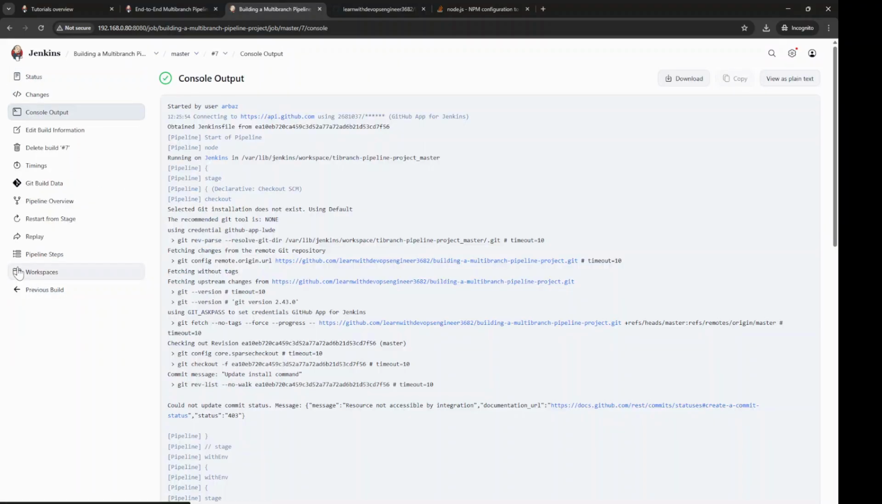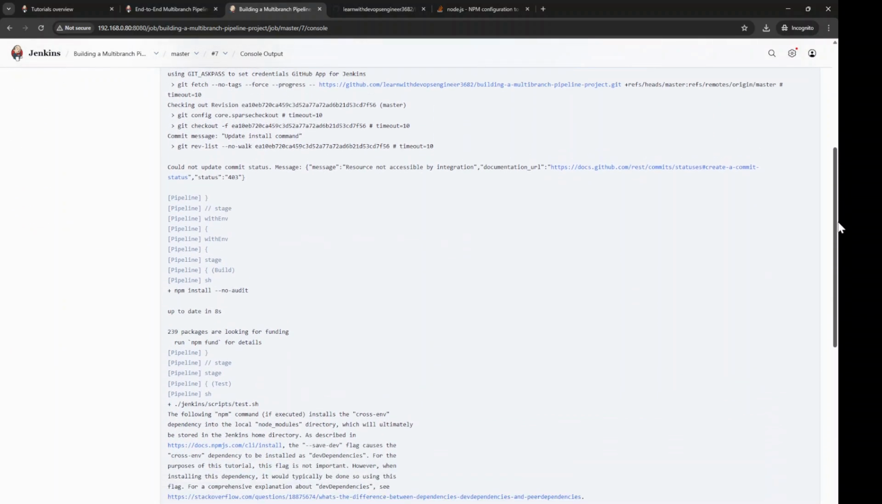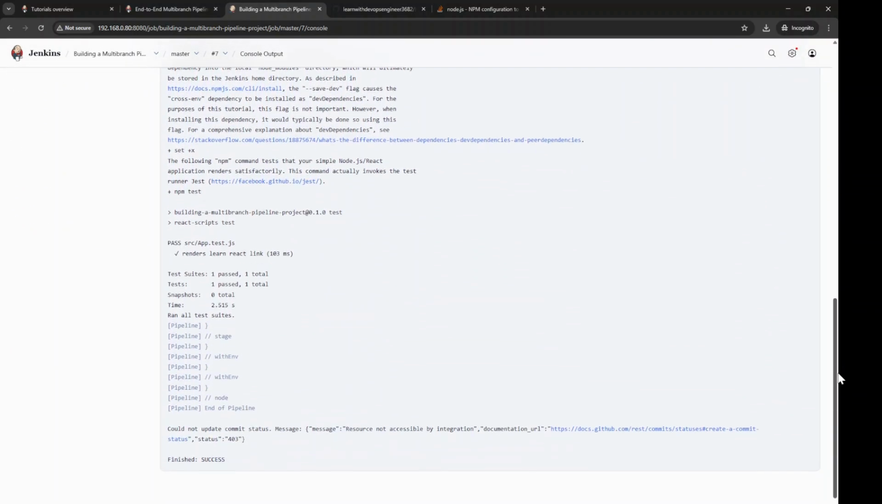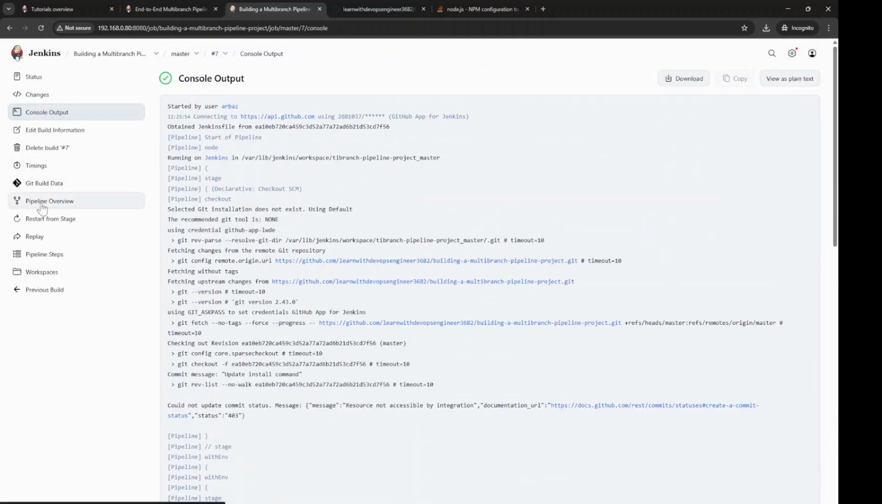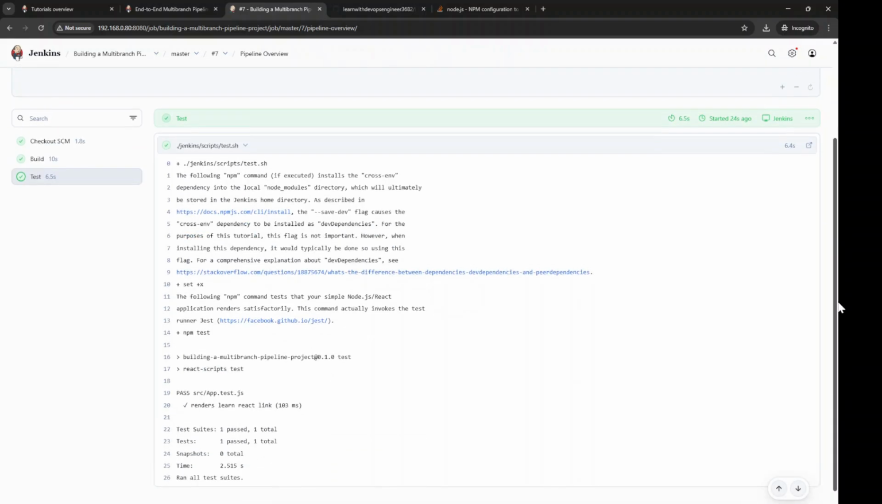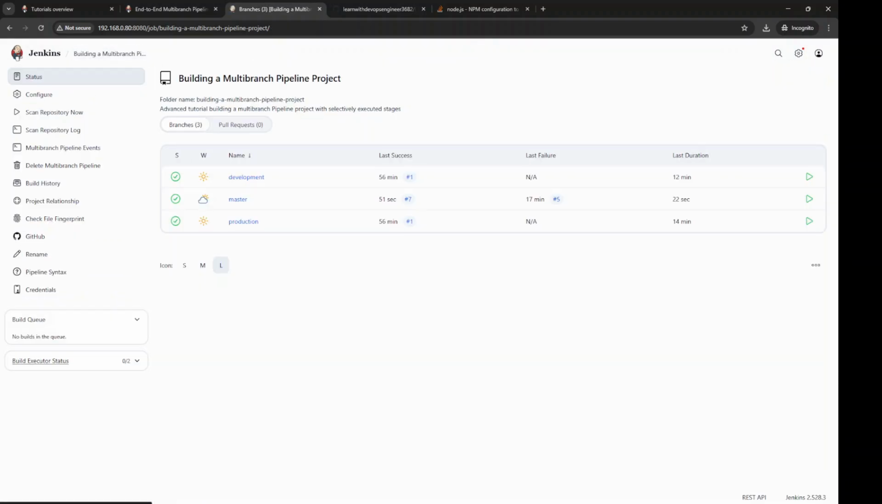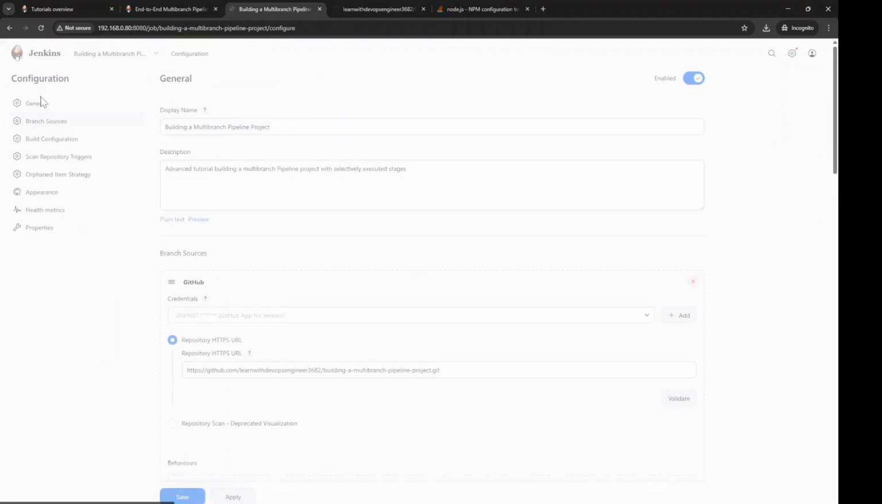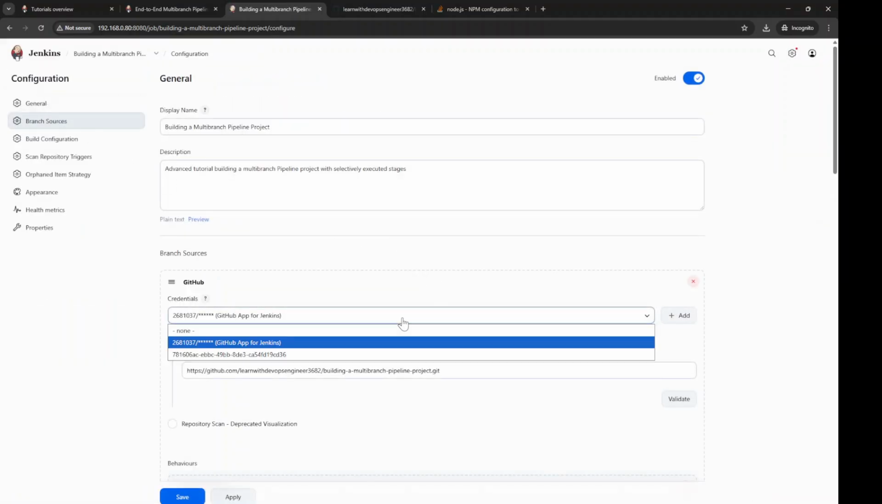So now if I try to open this latest build, we can clearly see this pipeline success. I'm going to go to the pipeline overview here, and if you see, checkout SCM, build passed successfully, test passed. Actually, the reason it was failing is because I am using, for example, in the configure section, GitHub